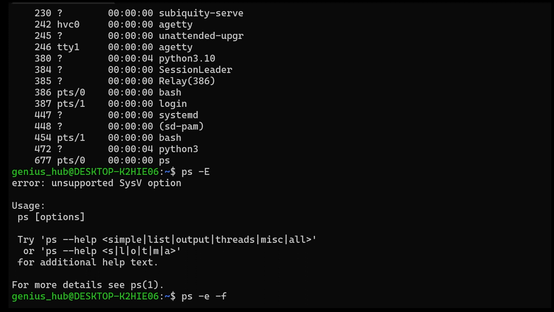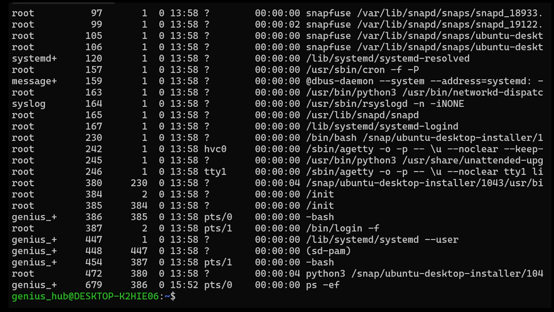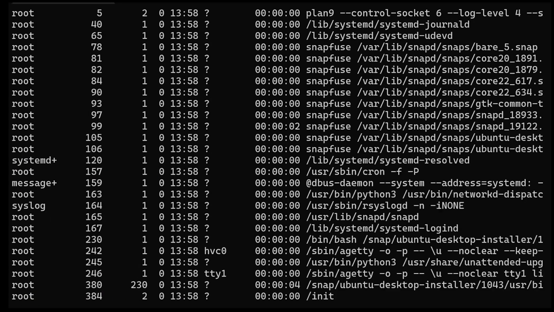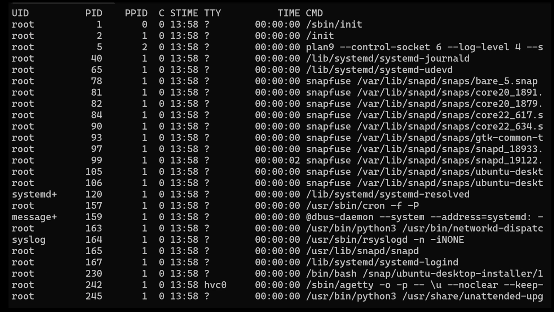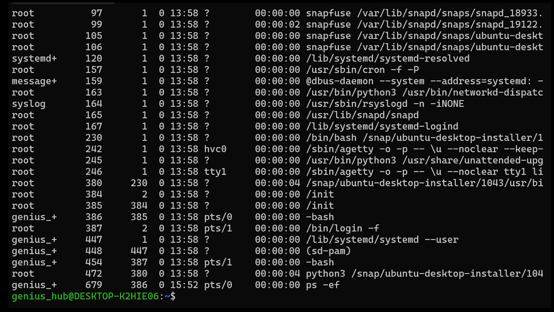An alternative syntax is combining all of our options under a single hyphen. This makes our options look neater and makes quickly identifying them easier. With our command dressed to impress, let's hit Enter and watch the magic unfold. Amazing! The output is now bursting with information about each process. Don't worry if it seems like hieroglyphics for now. Remember, you're still learning the ropes.